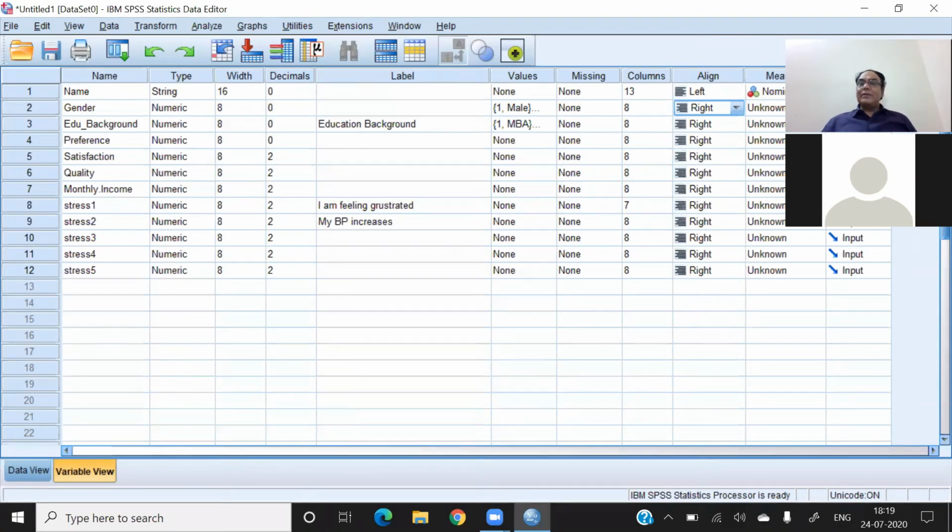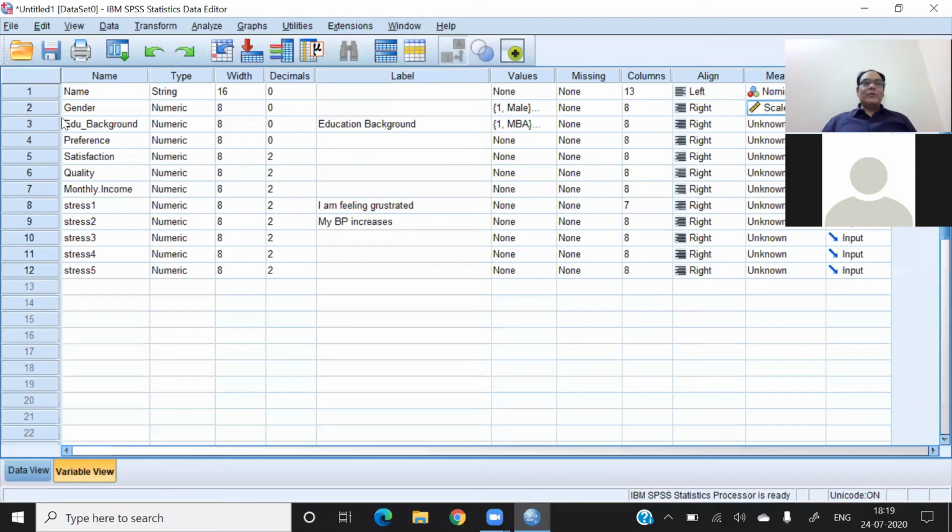After that, you can see measure. Again, this is one of the most important criteria to decide the nature of my variable. If I click on any option, the software provides me 3 options: scale, ordinal, and nominal. I'm going to explain the meaning of scale, ordinal, and nominal. Don't worry, after that you will know which option we have to decide.